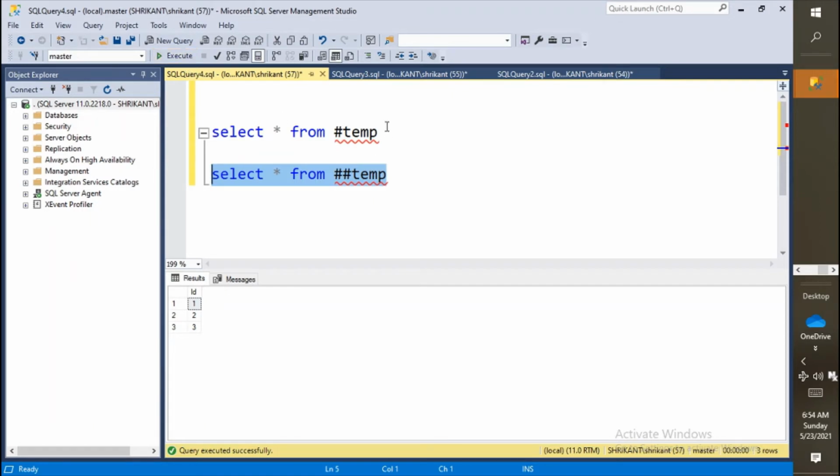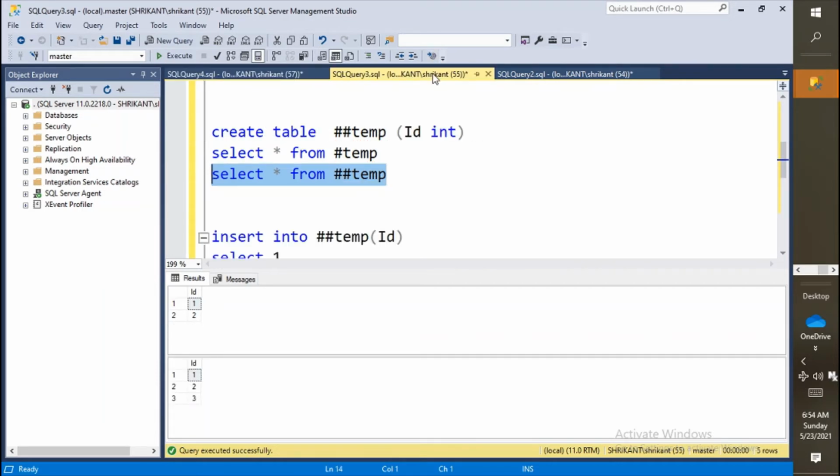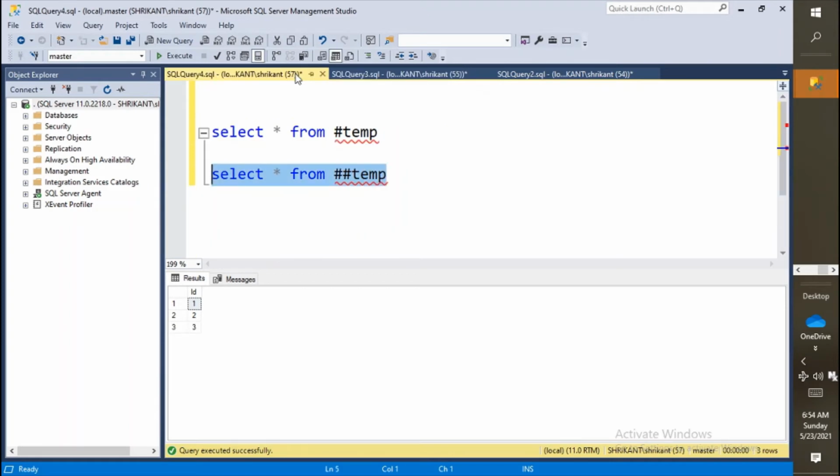It means that if you create a global temporary table, that global temporary table will be accessible throughout your session, right? Throughout your session, and this is accessible to the server. As you can see, this session 55 is active on the server, so I'm able to access it on the server.